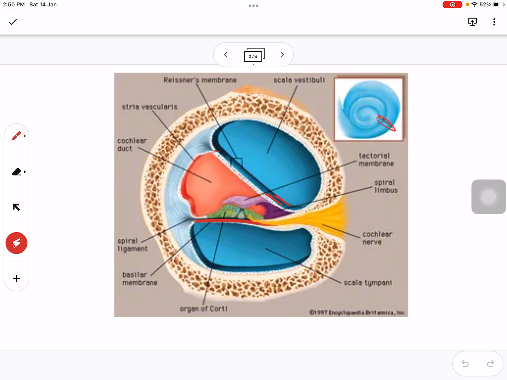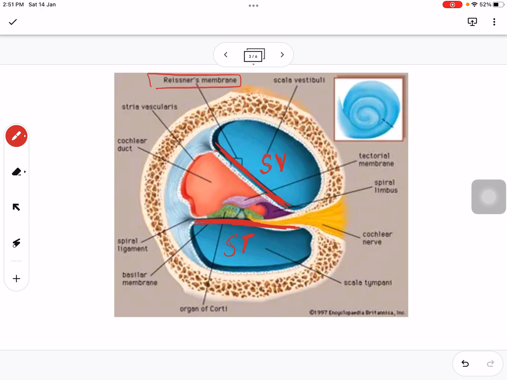If I want to study this part, right? So, there are two membranes, the vestibular membrane, right? I'm marking it in red color. And then you have the basilar membrane, another red color membrane here. This membrane will divide the cochlea into scala vestibuli, right? Remember, scala vestibuli on the top and the lower one is called scala tympani,